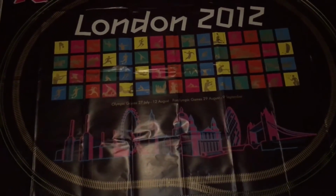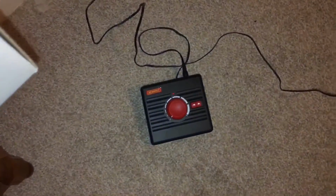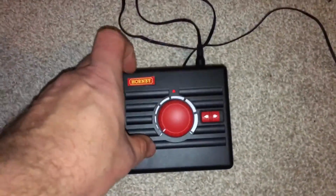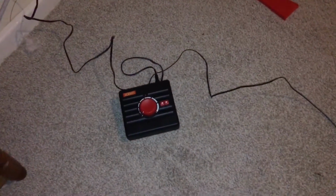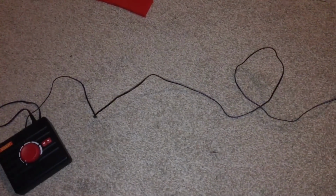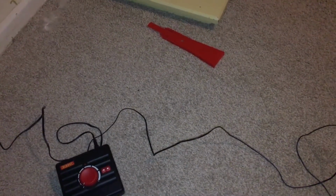So there we go, my controller of choice for today instead of the one that was in the set is the newer basic Hornby controller. Just quickly on the back, I have in actual fact set it to low, so we'll see how it copes on low power, and if it doesn't do very well, we'll switch it on to high. So I've fetched out one of the railers. I'm going to use that to put it onto the track, and I'll be back in a second and we'll